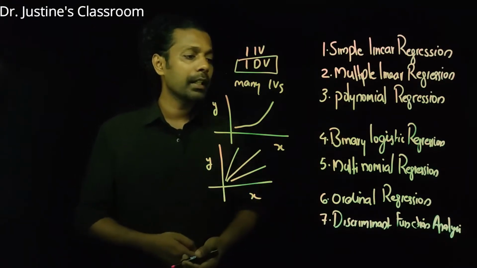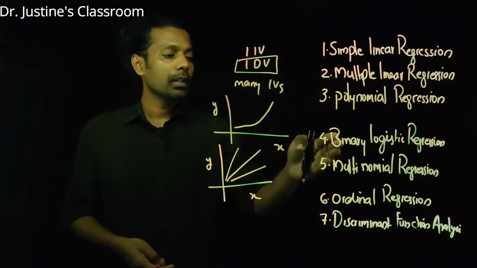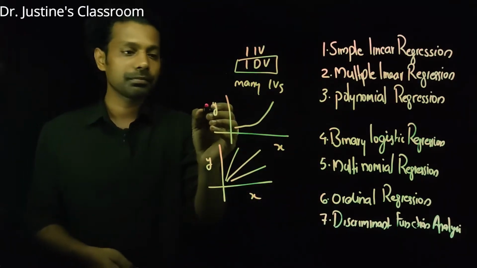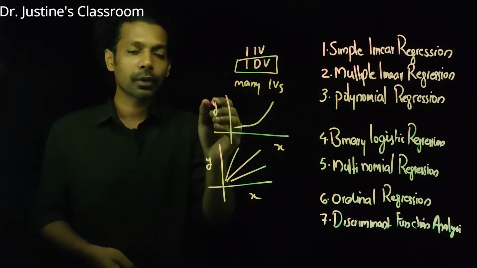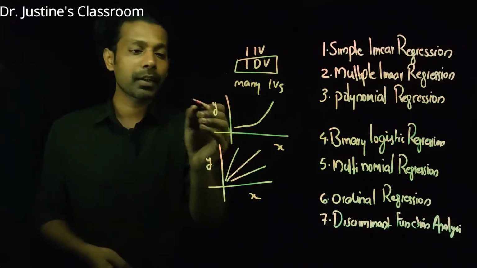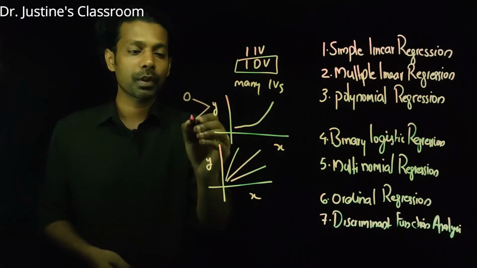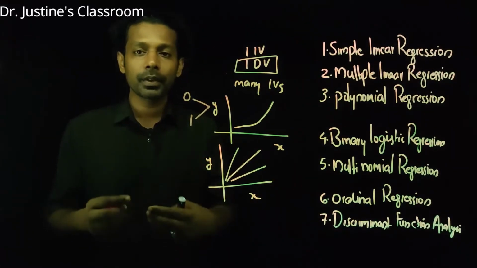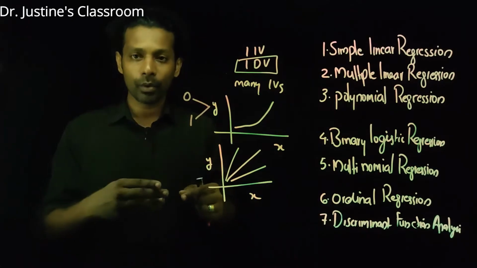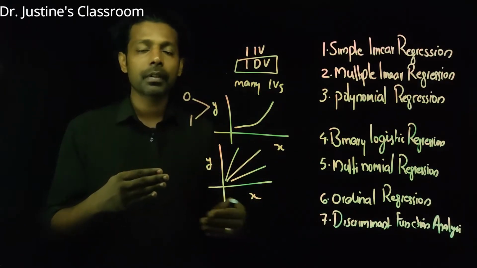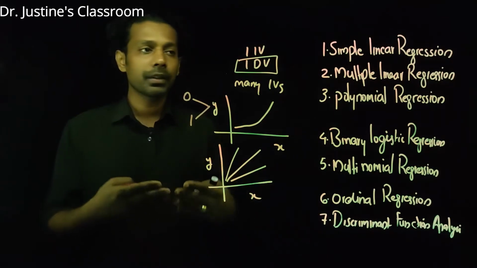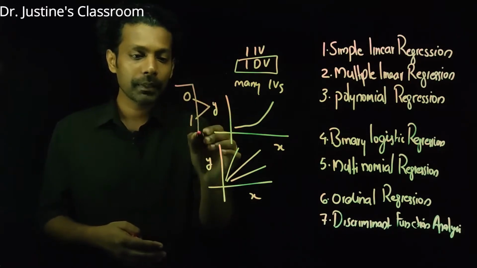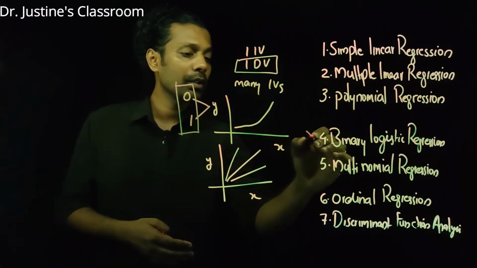Now the next one is binary logistic regression. So here the nature of the dependent variable is different. For example, your y has to be dichotomous in nature. That means you have option 0 and option 1. So you need to predict whether the person will commit suicide or may not commit suicide. So your dependent variable is yes or no. And you may have a lot of independent variables, something like depression, male or female, and many other independent variables could be there. So when you have a dichotomous dependent variable, you go for binary logistic regression.